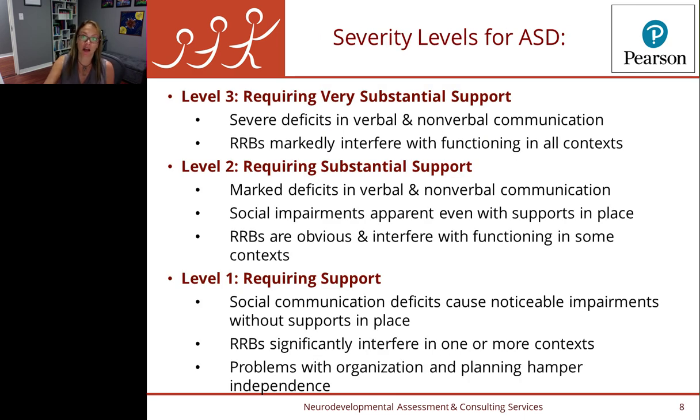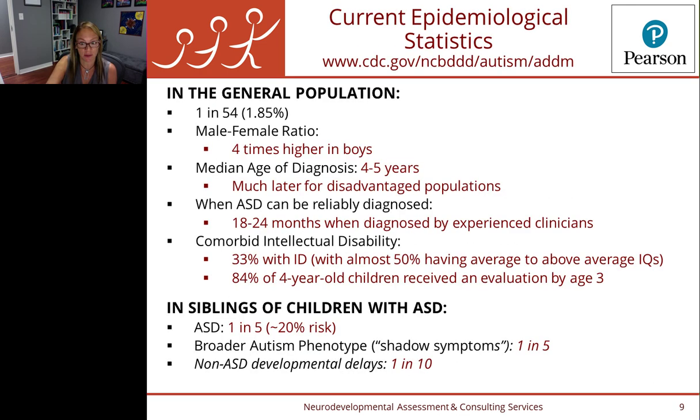Then the severity levels for autism, you're going to give to both the social communication impairments as well as the restricted and repetitive behaviors. And the severity level is based on how much support the individual needs. So if they're more socially motivated and reciprocal but still have autism, maybe I'll give them a level 1 for social impairments. But if their restricted and repetitive behaviors are so all-consuming that they get in the way of everyday functioning, I might give a level 2 or a level 3 for restricted behaviors. So you can change those depending on the presenting symptomatology.